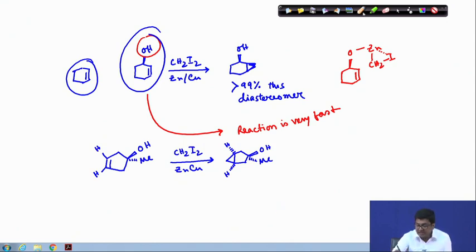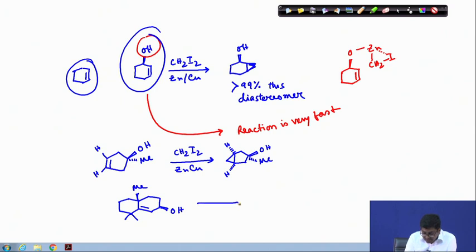Similarly, in another example, if we take this allylic alcohol again, here also you see very interesting, because in this case also under Simmons-Smith condition, the product that we will get